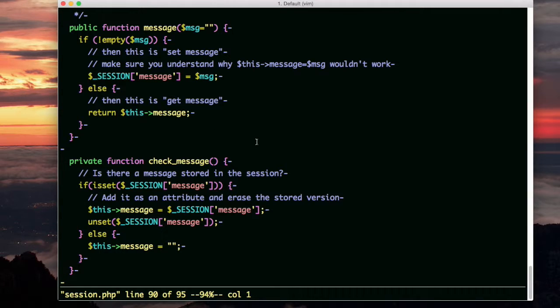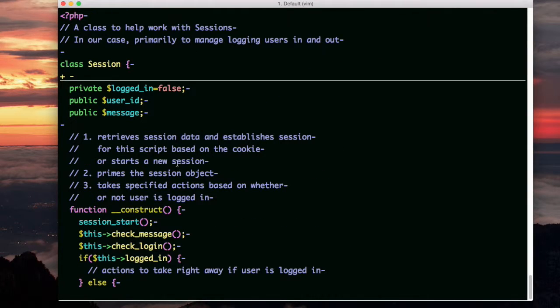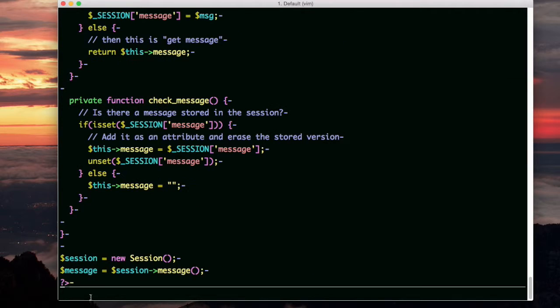Let me go all the way to the top. Or actually, let's just go back. See this? This is the message attribute. I also added check_message to the constructor. We called this function here. And all the way at the end, Shift G, I assigned the variable $message to be the attribute for the